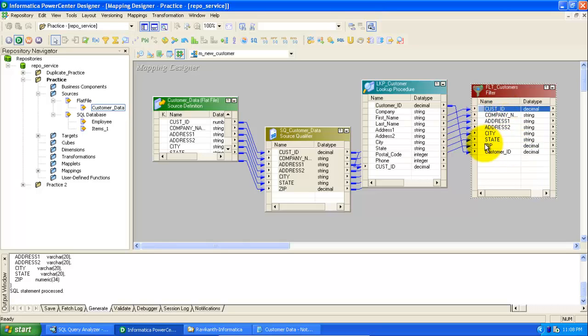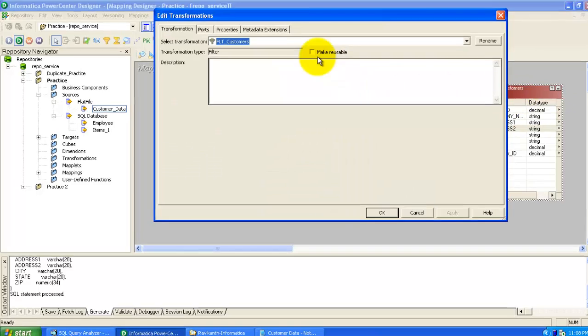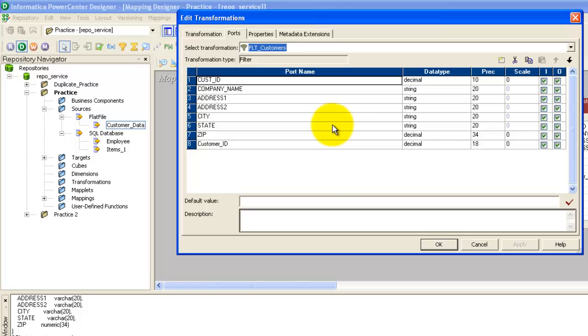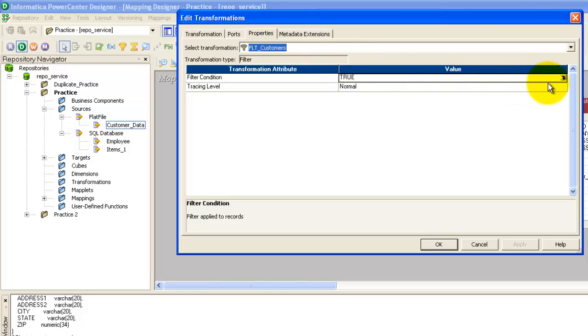Okay, so now again we need to set the properties in the filter transformation. As usual, you can see select transformation, which is the transformation name. You can see the ports. This is normal, just input ports, output ports, and go to properties. Here we need to set the property filter condition.